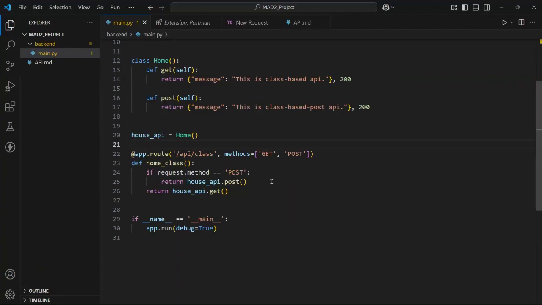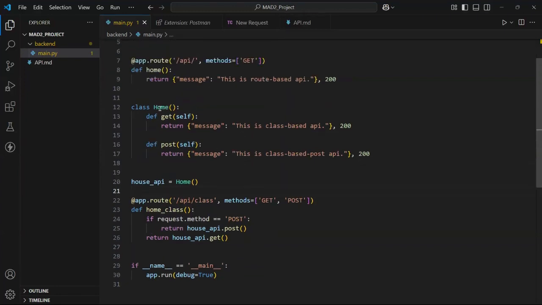But when we work with the Flask RESTful library, there we just have to register this class home, and then we can define only one URL, /API/class, and then we can send requests with different methods, and we don't need to check whether it's post or get. It will handle those things by itself. Okay,